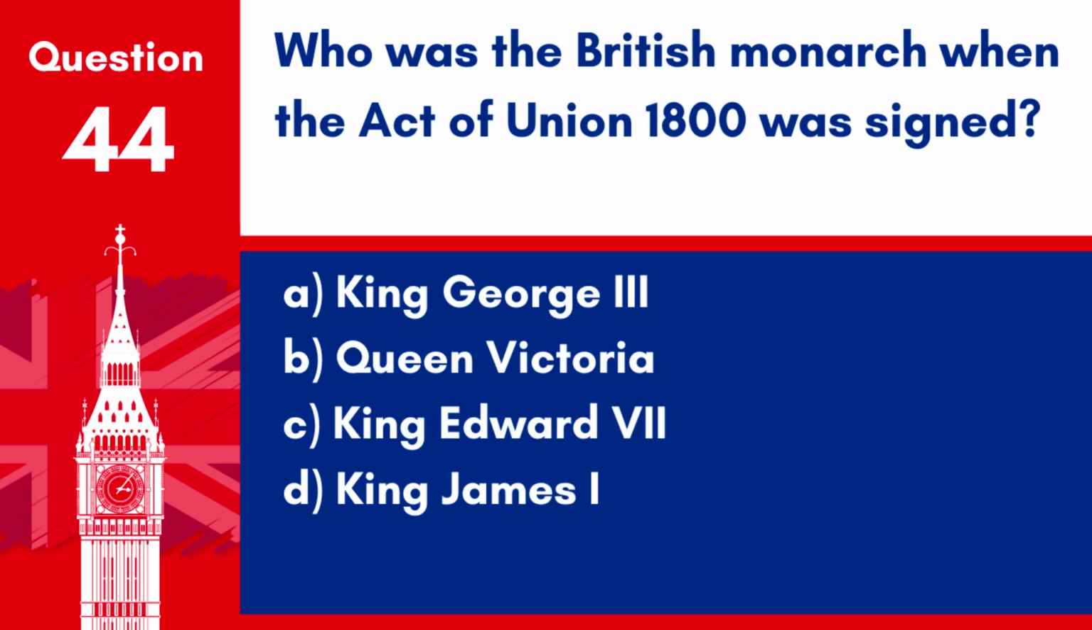Question 44. Who was the British monarch when the Act of Union 1800 was signed? A. King George III. B. Queen Victoria. C. King Edward VII. D. King James I. Answer. A. King George III. King George III was the British monarch when the Act of Union 1800 was signed, which unified Great Britain and